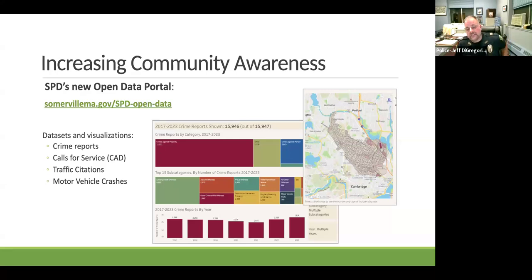And as far as investigations go, a lot of active investigations, we just have to make sure that we're not putting out too much information that could jeopardize that. But I encourage you to go onto the website, go into the portal. I think a lot of questions that people have, they can find it right here.